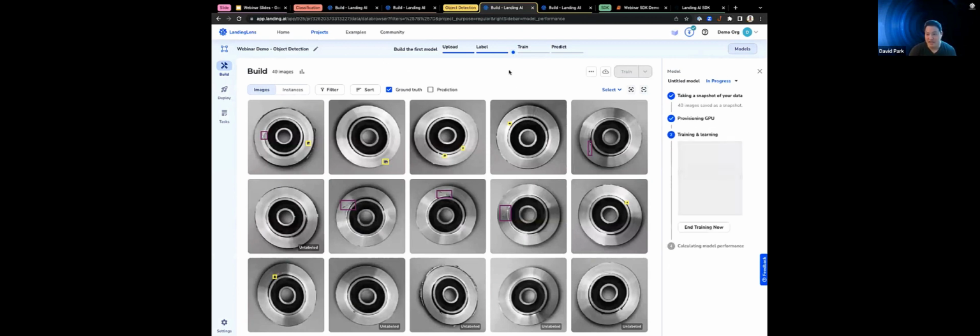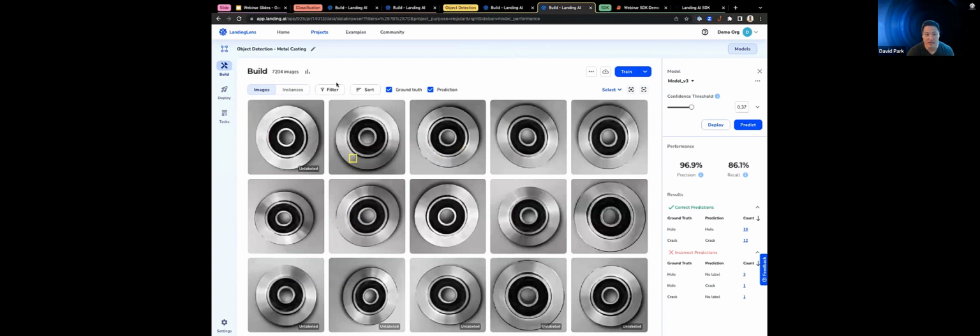Same process as classification, and that is by design. No matter what model or project type that you're using on the platform, you will have a similar user experience. Once you click on the train button, we're provisioning the GPU, training the model, and calculating the model performance all within the platform. Similarly, this will take a few minutes, so I will jump to a preloaded result with 7,200 images plus. And as you can see, we were able to achieve 96.9% precision and 86.1% recall with the labels that we provided